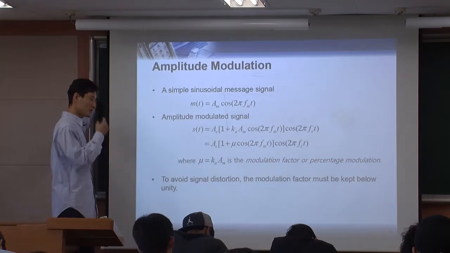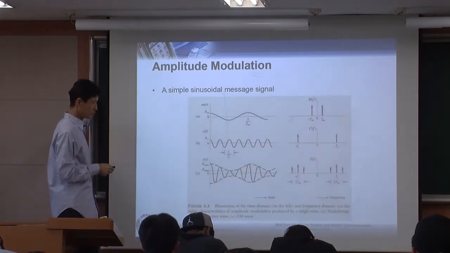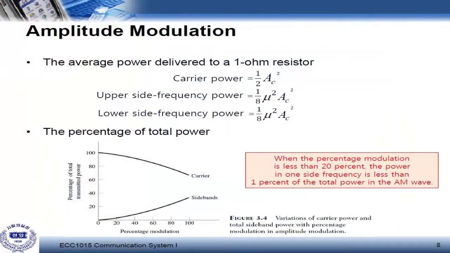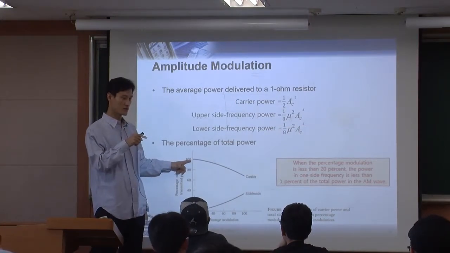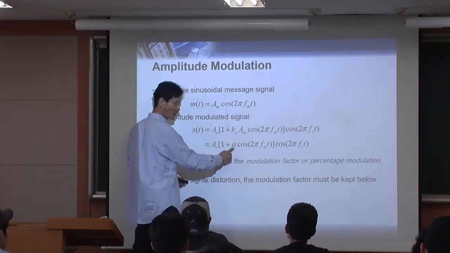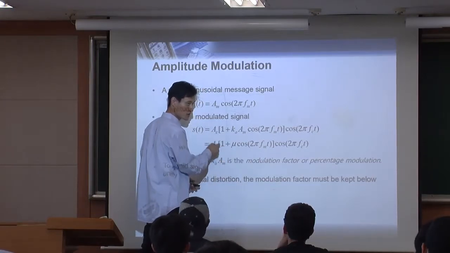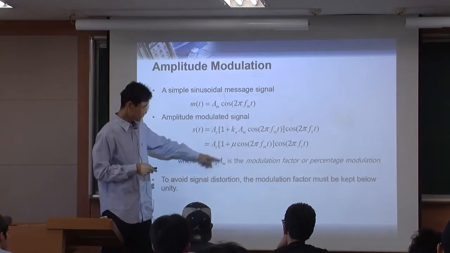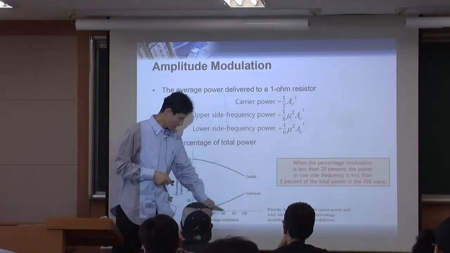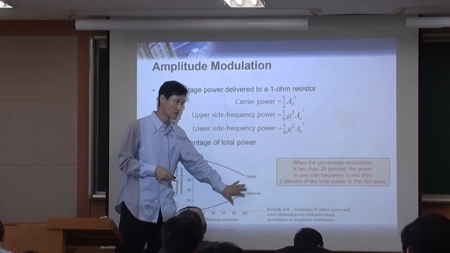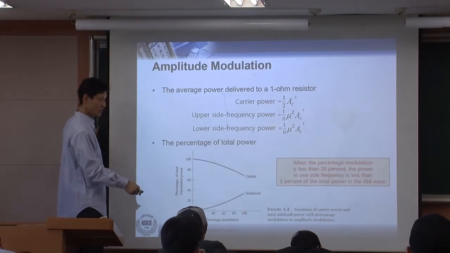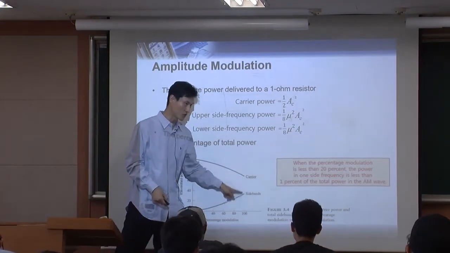So in order to look at the impact of the value of this mu, we want to look at this figure. When you look at this figure, this x-axis shows you the percentage modulation or modulation factor. So when the modulation factor mu equals 0, then you have no information in your sideband. 100% of the energy goes to the carrier, right? Because go back to here, if mu equals 0, then your message is going to be completely 0. You have only carrier. So your carrier will have 100% of the energy, right? Now, if you increase mu and eventually it becomes 1, then the sidelobe has some power, some energy, but still the carrier energy is much larger, right? But that's the case when you call it 100% modulation. This is the point where you call it 100% modulation. And right here,